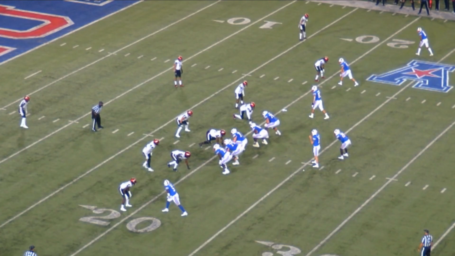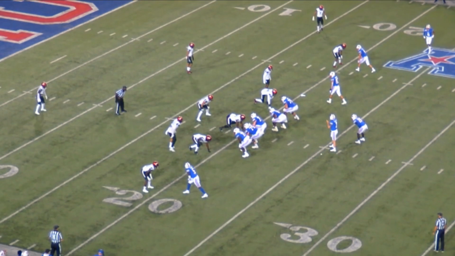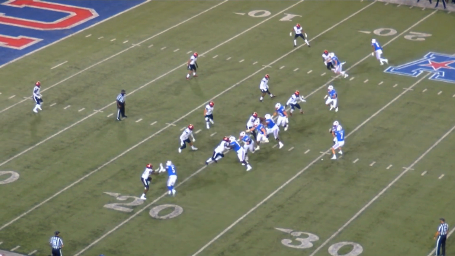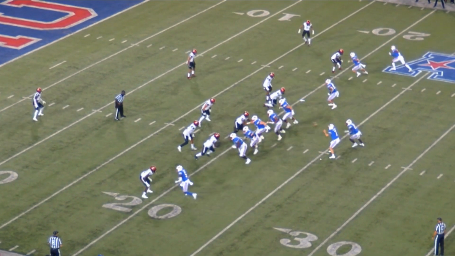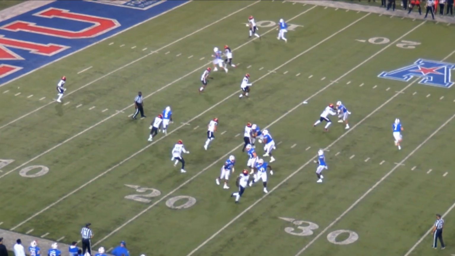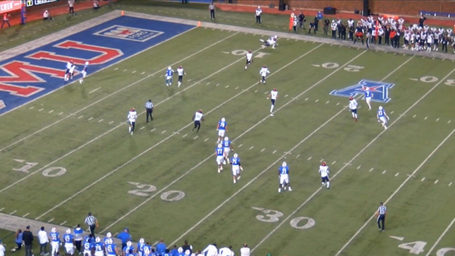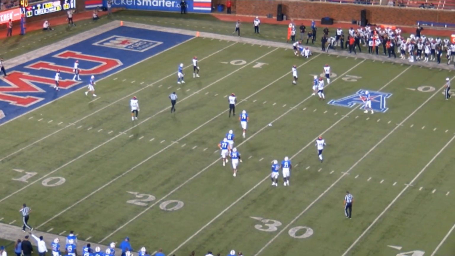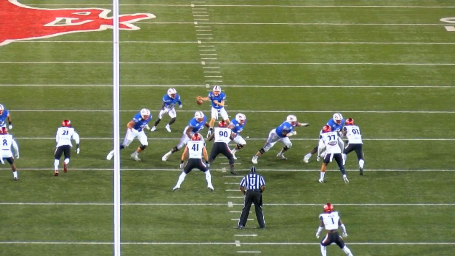Next one here, a little 3x1, short motion. This is that same naked. Now the number 3 receiver has the ability to seal the edge. He gets that edge. Now we can get out on the perimeter, hook up, really tough, contested, almost like a hinge route out there.